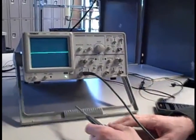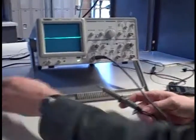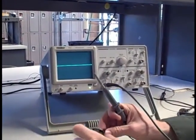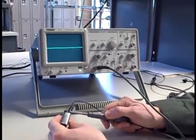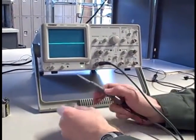Okay. What we're going to look at now is measuring an actual AC type signal with the oscilloscope. So far what we've done is we've taken a look at how a battery registers on an oscilloscope display, and that's pretty simple. You just see the line go up or down depending on the polarity of the battery. Now I want to take a look at an actual waveform, and then I want to show you something